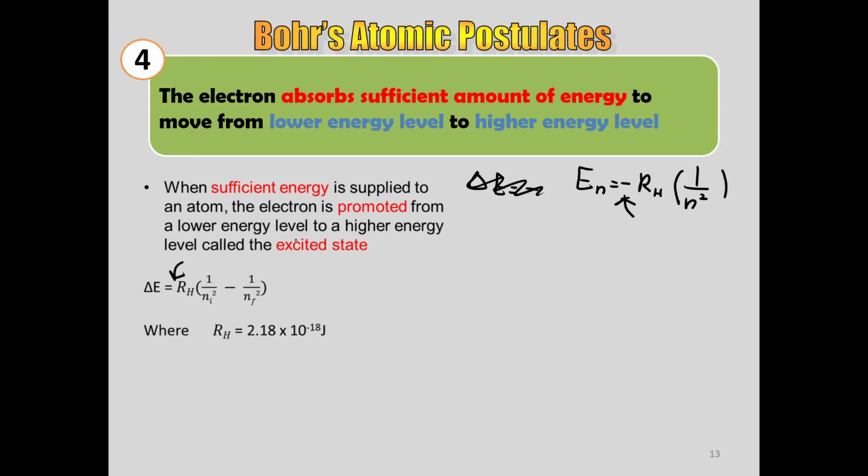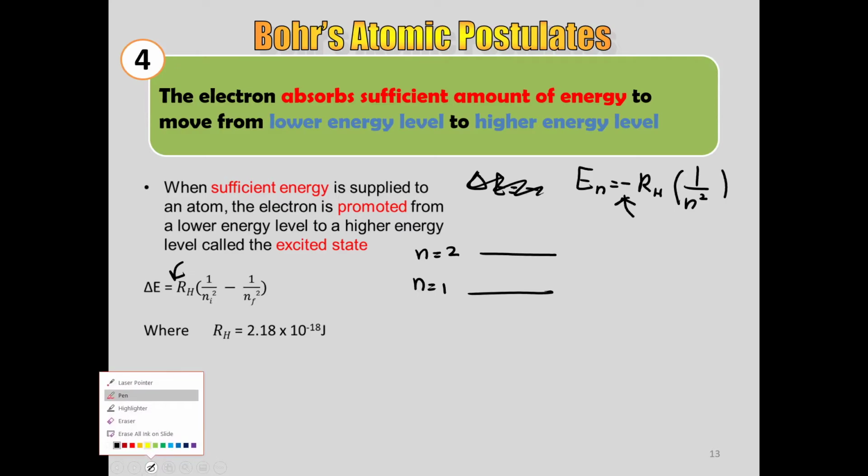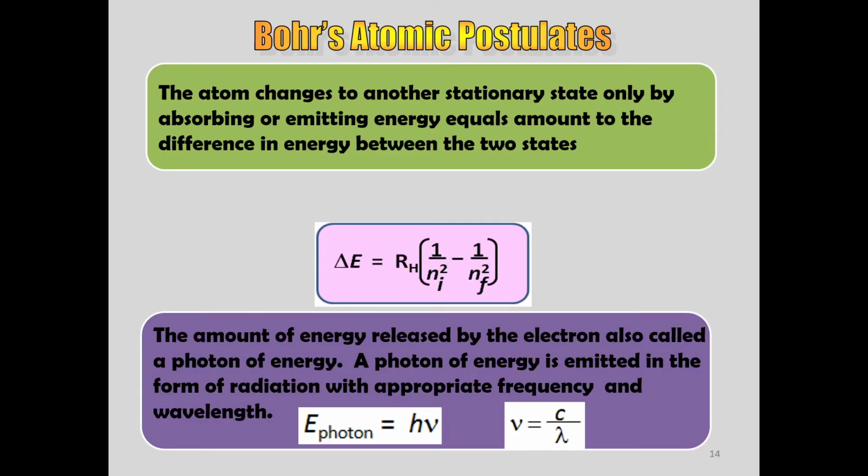Okay, ni yang saya cakap tadi, bila dia cukup energi baru dia akan naik daripada, contohnya N equal to 1, N equal to 2 energy level. So untuk elektron tu naik ke atas energy level 2, dia mesti mencukupi tepat-tepat atau lebih baru dia akan naik. Kalau kurang dia tak akan gerak pun, sikit pun dia tak akan gerak. Dia kena tepat-tepat and lebih baru dia akan fikir untuk bergerak. So okay,